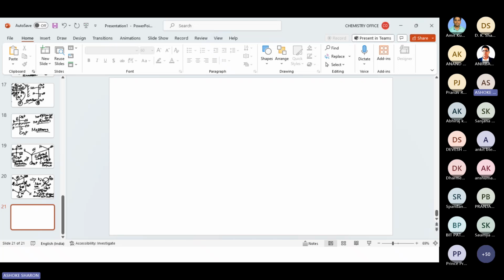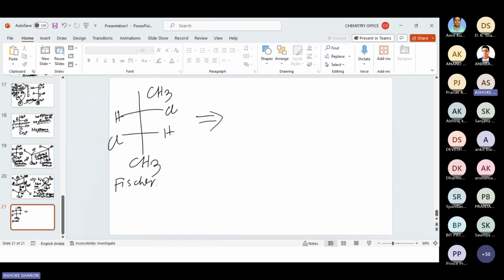Let's consider this one. CH3, H, Cl, Cl, H, CH3. Okay, so this is called the Fischer projection formula. This is a Fischer projection formula. Clear? Now, if I told you to draw the